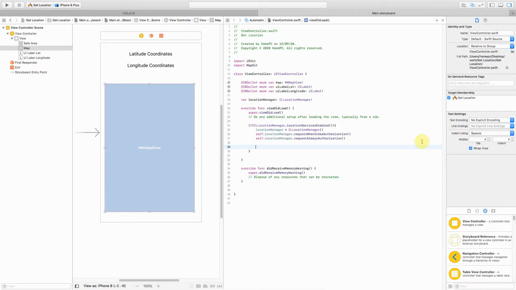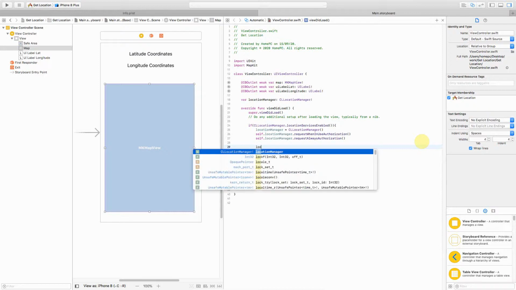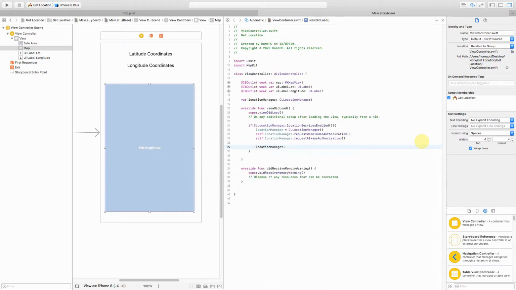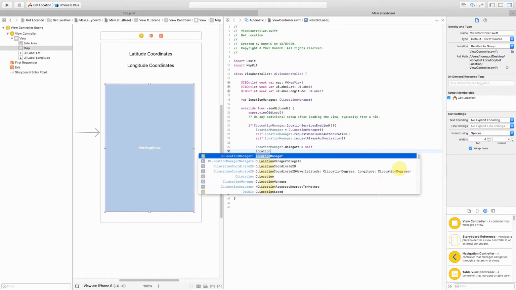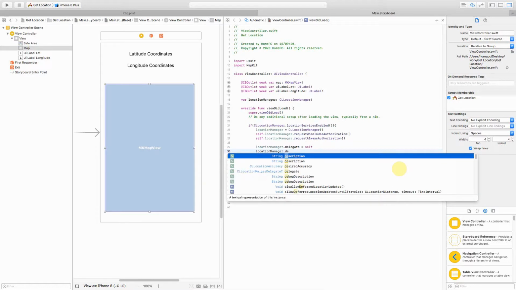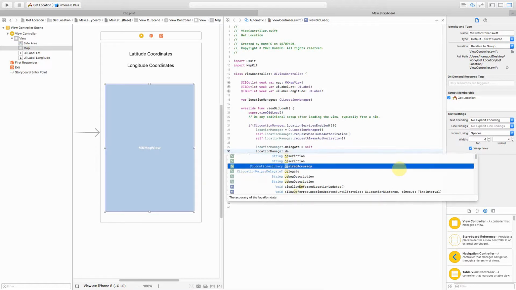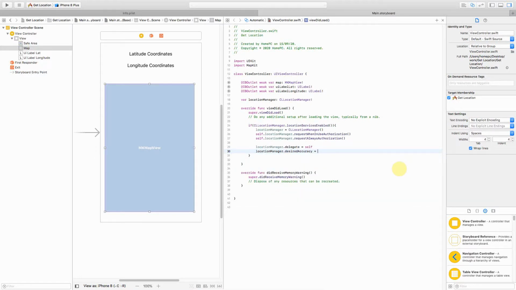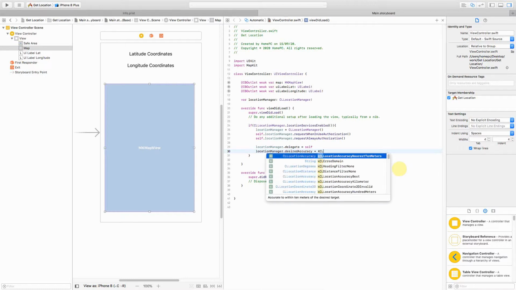Once done with this, probably what we can also do further is locationManager dot delegate is equal to self. Here I'm expecting an error, but I will wait for the error to come up. Then I'll proceed: locationManager dot desiredAccuracy is, you can point out here, and then it will give you certain options, kCLLocation.